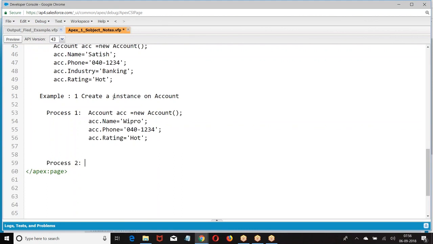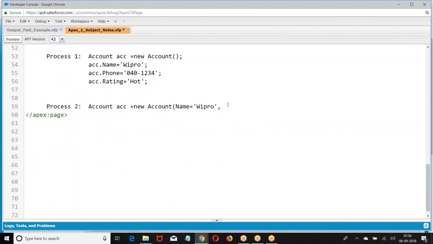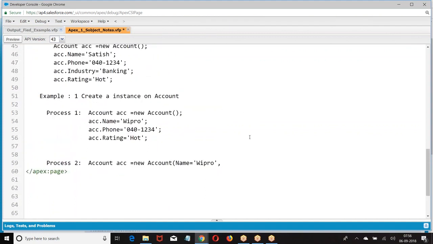Process 2: New account name equal to. This is only for SObject. This process is only for SObject, if you are referring to a table, field equal to